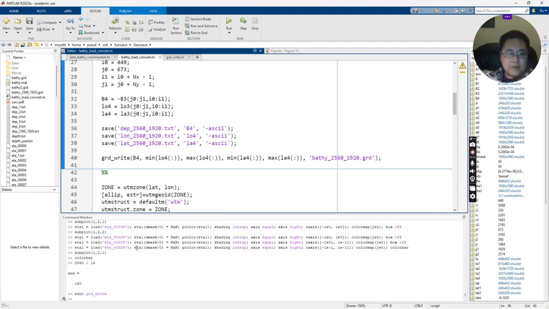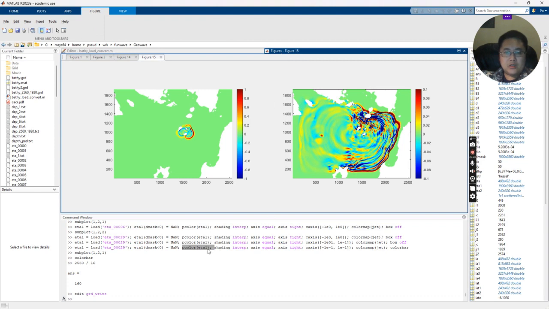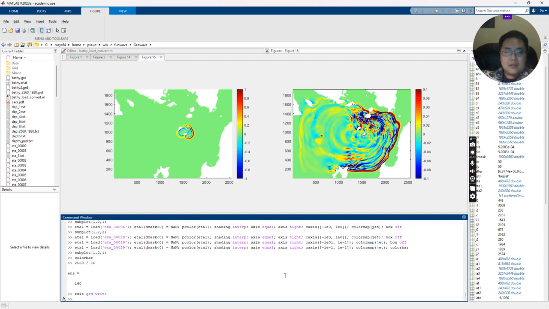And then we're going to set all the locations where dmask is smaller than 0, which means what? Which means it's land, it's above static sea level, right? We're going to set all those locations to not a number, and then we can just pcolor it, right? And then if we choose shading interp, axis equal, axis tight, and then the c-axis range, and then the color map, choose the color map that makes the wave amplitude obvious, and then plot the color bar, right? And that's how you actually